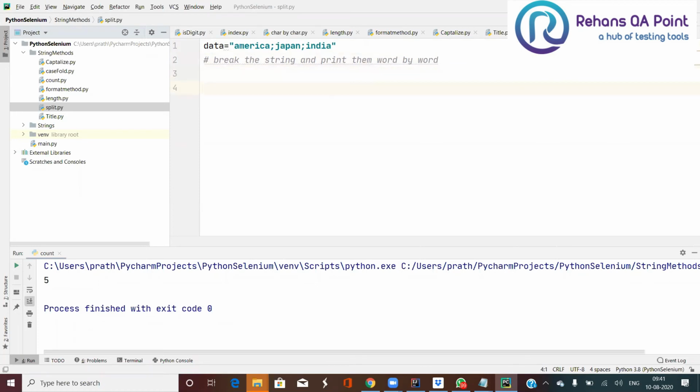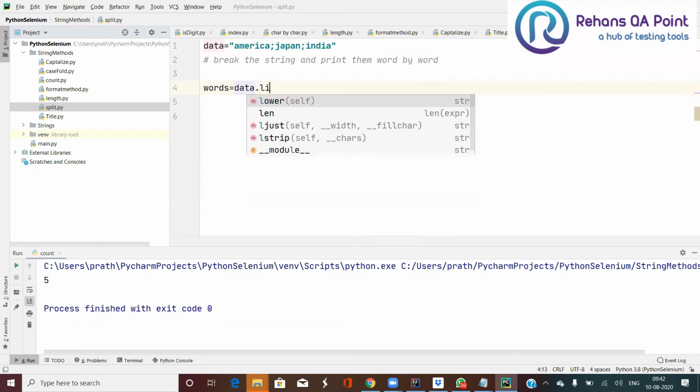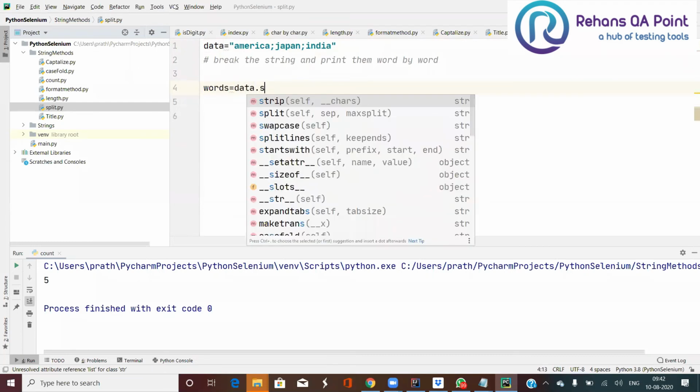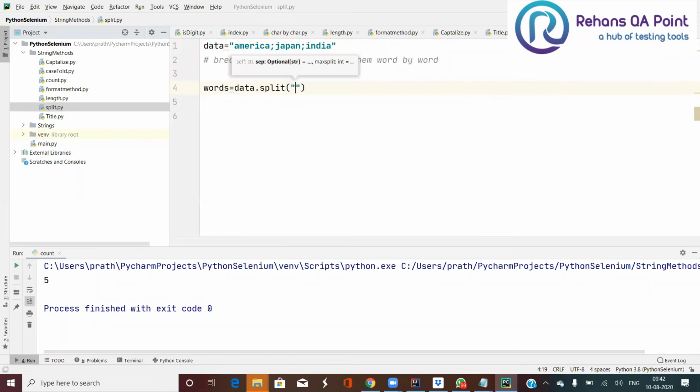So how can I use this? I'm going to use words equal to data dot split with the delimiter called semicolon.